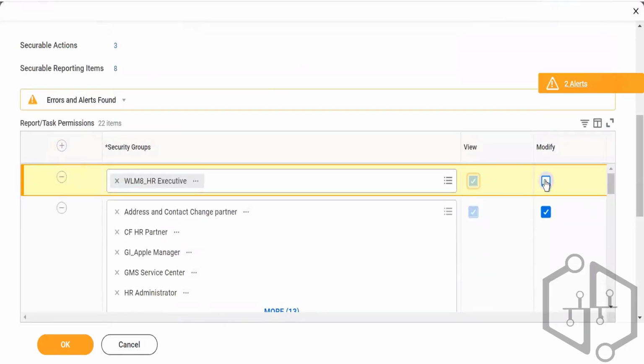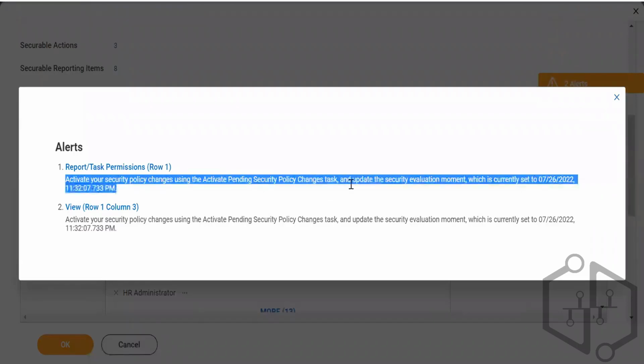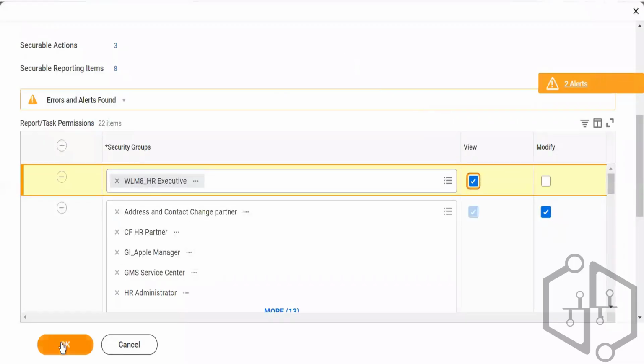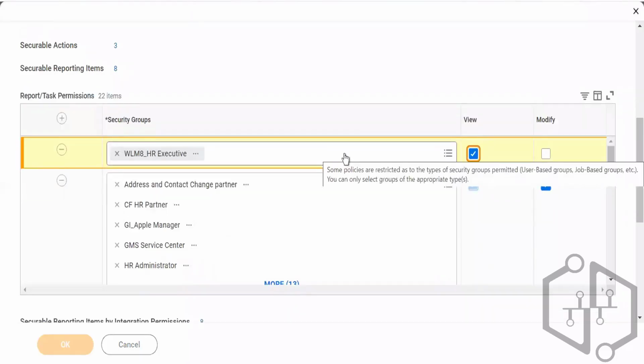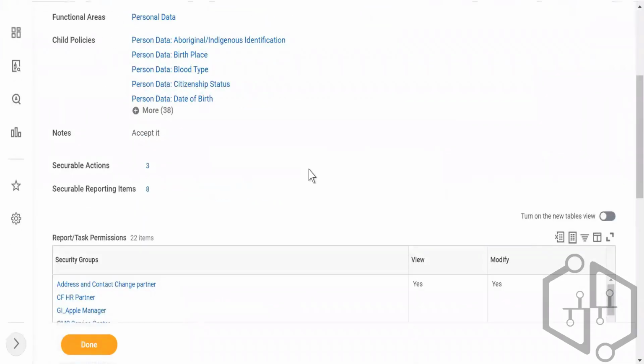So now I'll just remove this modify permission and view will already be there. Now you see this alert, right? What this alert says is: activate your security policy changes using the activate pending security policy task. Now this is an important activity. I'll click on OK. This alert will go. That will not be a problem. It is not something which will restrict me. But the fact is, these security changes will not take effect unless I go ahead and activate them,